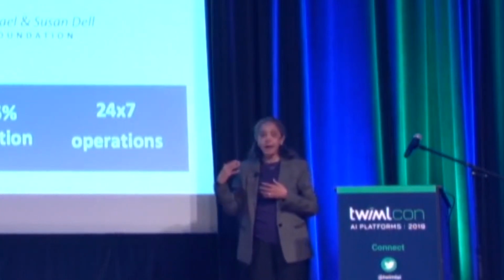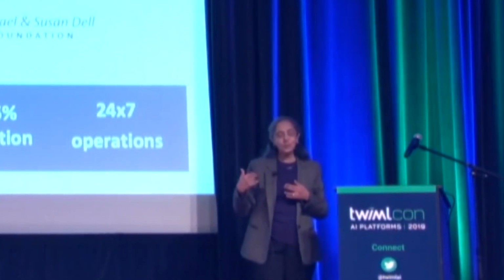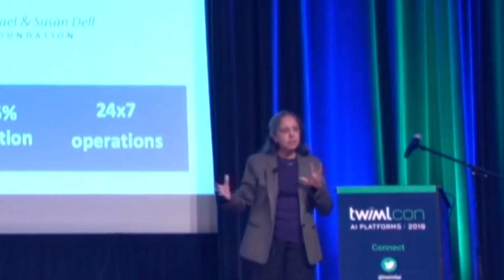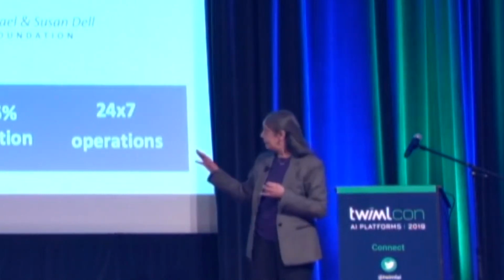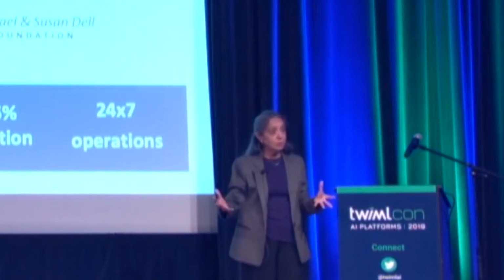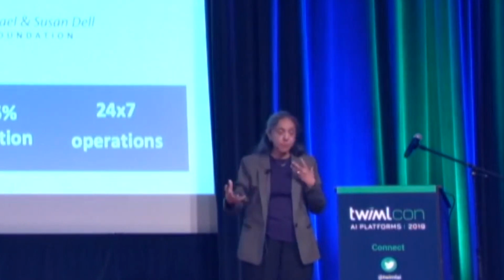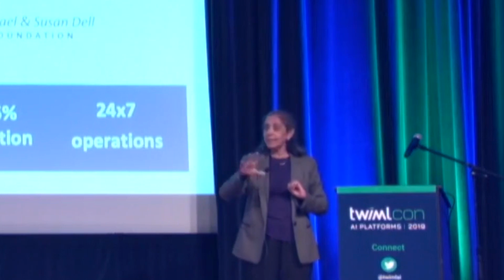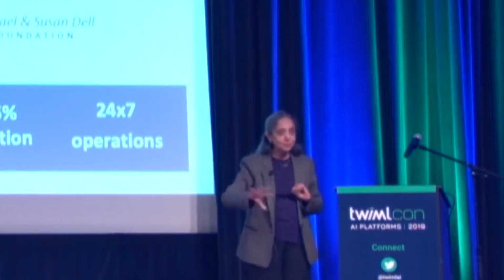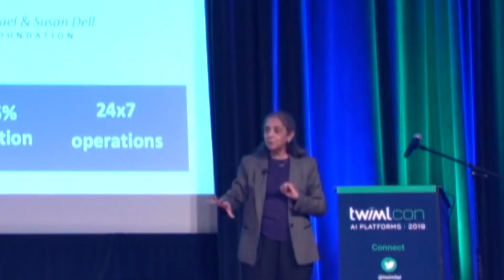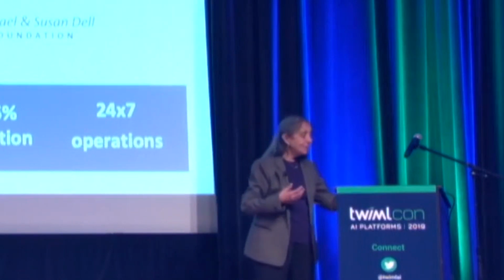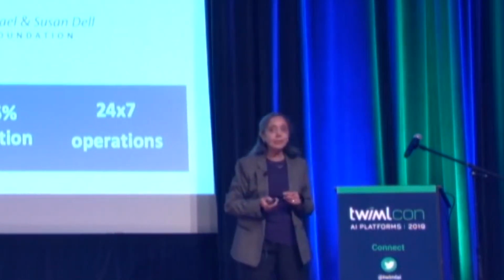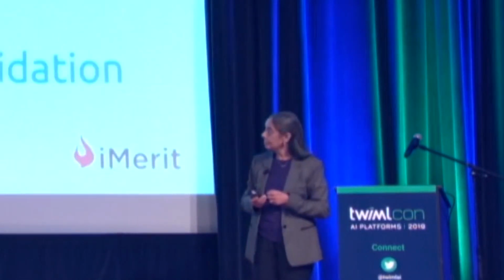And we have 9 centers, soon to be 10, so a very diverse workforce, and less than 5% attrition, with 24/7 operations, because we understand that robots can be going around taking pictures of shelves at any point of the day or night, and you have to be able to respond with 15-minute SLAs. So these are very important things in building the workforce.